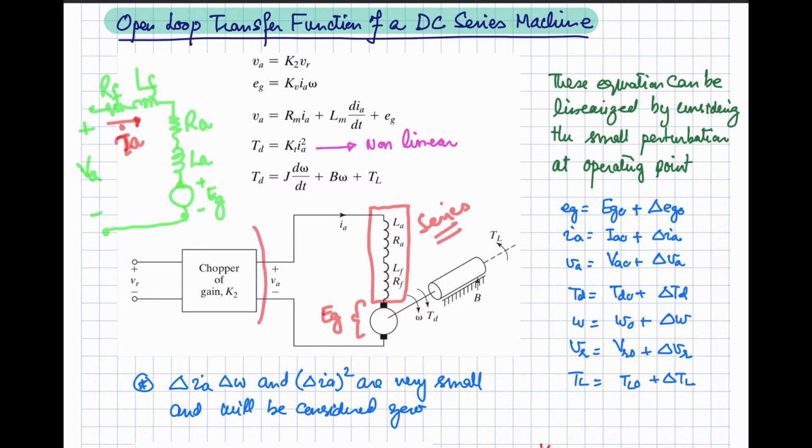You are going to provide power to this machine with the help of the power electronic converter that will control the voltage at the machine terminal with the help of the adjustment of the control voltage that is applied to this machine. Let's suppose that the gain of that power electronic converter is K2. So this is basically the reference voltage, or the control voltage, and this chopper will be taking the supply from the DC source, or if it is a rectifier, then it will be taking a supply from the AC source.